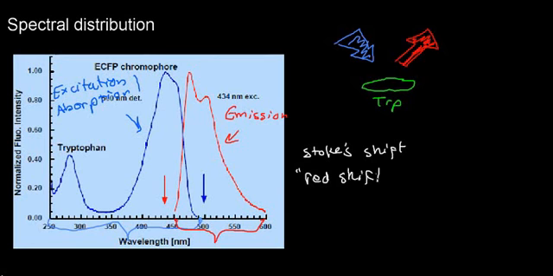A red shift. Now it's important to understand that this scale here, the x-axis, is basically the wavelength. So it corresponds also to the frequency, which means that here I have higher frequency and here I have a lower frequency. And it also means that I'm losing frequency in this shift. And because frequency is essentially energy, I'm losing some of the energy in this shift. And we need to account for that energy, so let's try and understand where that energy goes